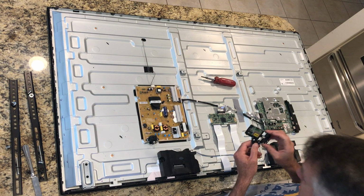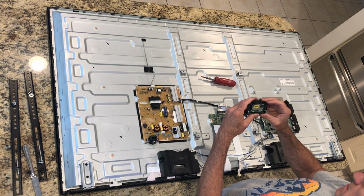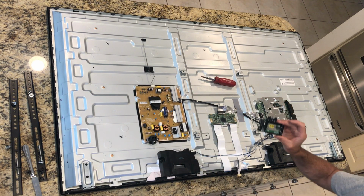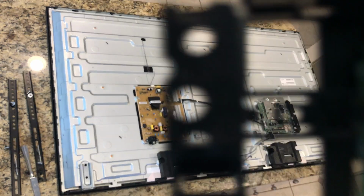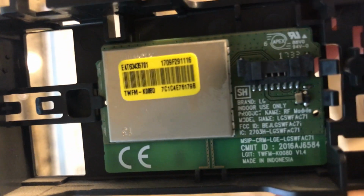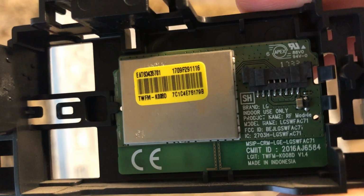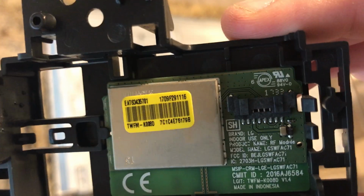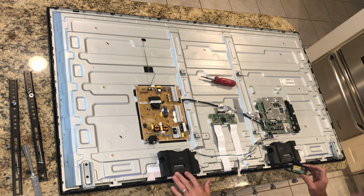Now, they had said at the bottom was the Wi-Fi module, and I'm trying to read this here. Let's go ahead and bring it up to the camera. Let's see if I can get that to read. I'm unable to read that. Maybe it's going to be easier on screen, pausing and stuff like that, but I don't know if this is actually the Wi-Fi module. I would assume it is. These are speakers here,